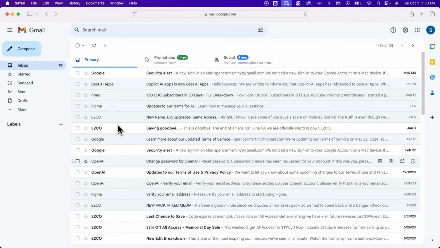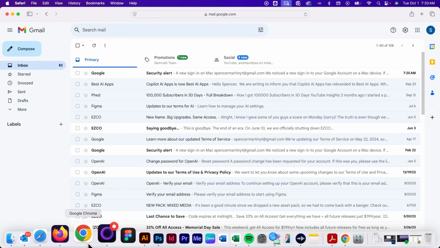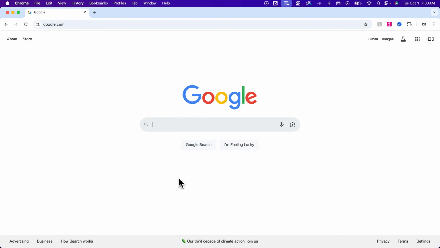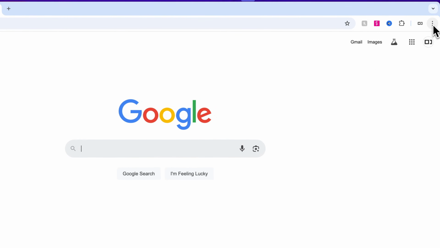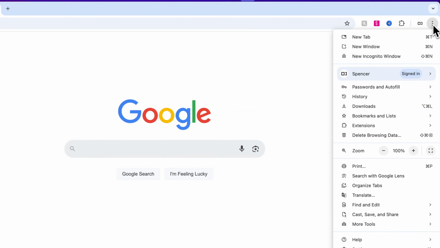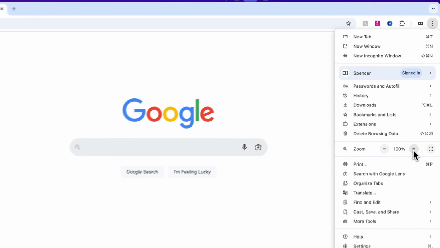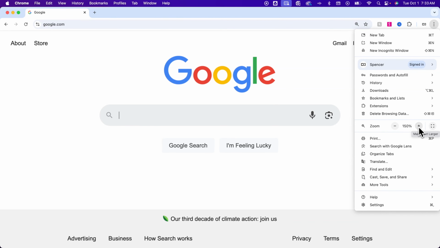But if you're in a different browser, like maybe you're in Chrome on PC, we could go over to Google Chrome, and we'll see here in the upper right 3 dots. And this works in Firefox too. And when we click on those, if we scroll down, we'll see a zoom option. And so you can easily zoom in to any page here in your browser, including Gmail, or zoom out